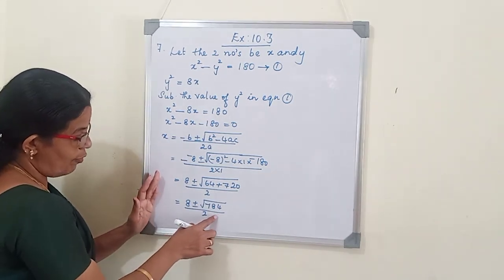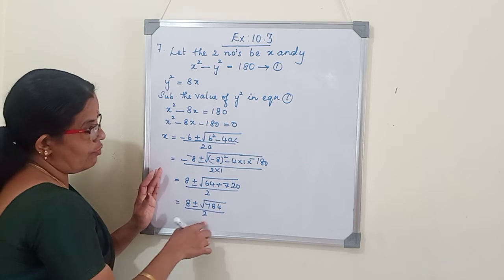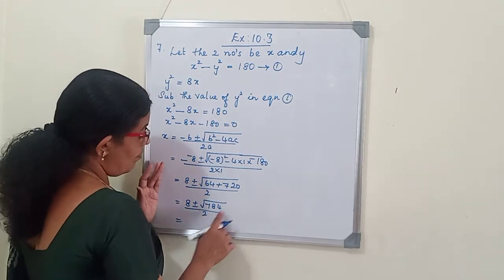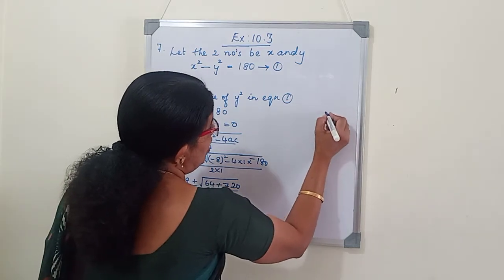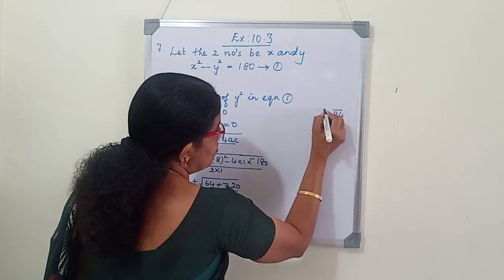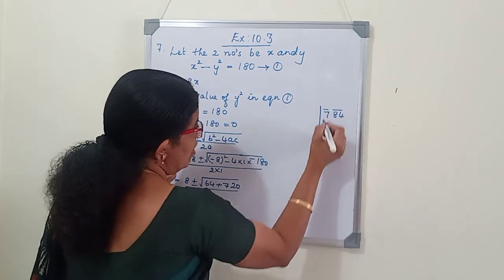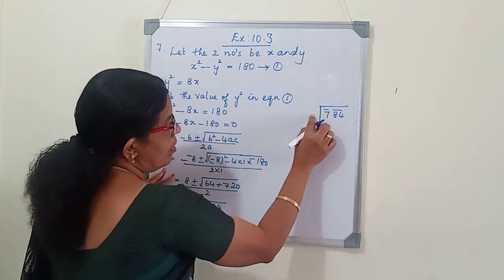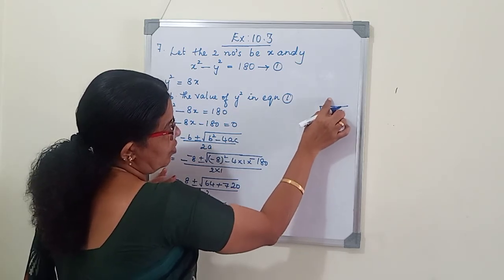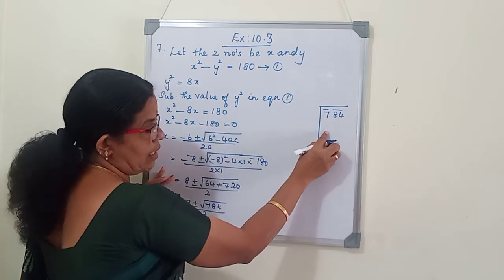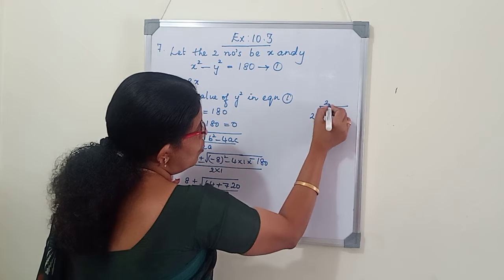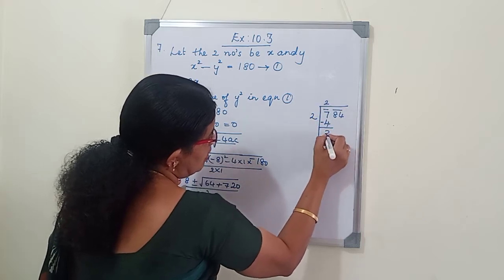Now what is the square root of 784? We can find it in two different ways, either by the long division method or by the factorization method. If you do it by the division method, we will write 784 like this. From the unit place we will group the digits. Here a single digit we will write. Now which number will we write? The same number you write in the quotient place so that the product is 7 or less than 7. If I write 3 into 3, it becomes 9. So I will write 2. 2 twos are 4. Subtract, we get 3.